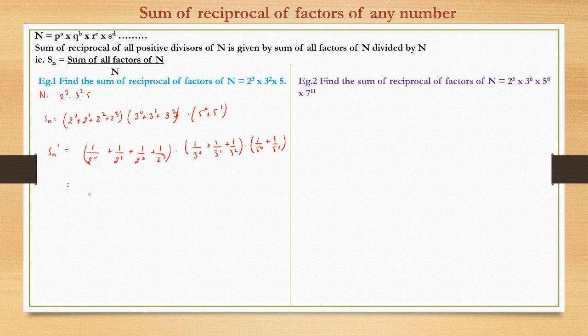Now, the first term, if we see, the LCM of all the denominators is how much? 2 raised to power 3. So the respective numerators would become: the first term would be 2 raised to power 3, this will become 2 raised to power 2, third is 2 raised to power 1, and this is 2 raised to power 0. Second term, again the LCM would be 3 raised to power 2 and the respective terms would be 3 raised to power 2 plus 3 raised to power 1 plus 3 raised to power 0. Similarly, the third term LCM would be 5 raised to power 1 and the respective parts would be 5 raised to power 0 plus 5 raised to power 1.